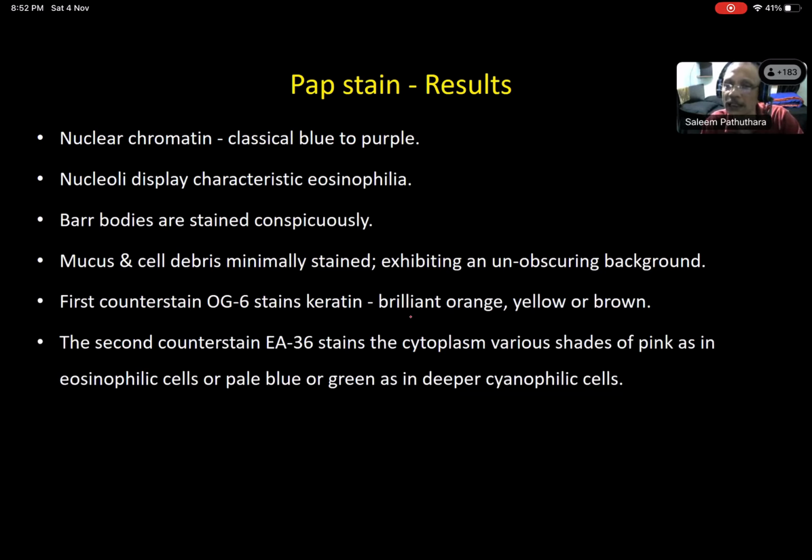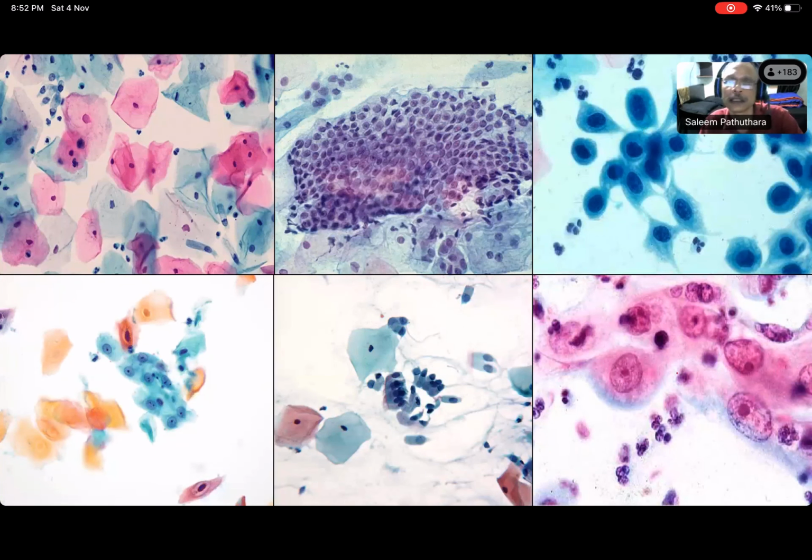The first counterstain, OG6, stains keratin a brilliant orange, yellow, or brown, and the second counterstain, EA36, stains the cytoplasm in various shades of pink, as in eosinophilic cells, or pale blue or green in deeper cyanophilic immature cells. Now this is a slide where you can appreciate the pinkish